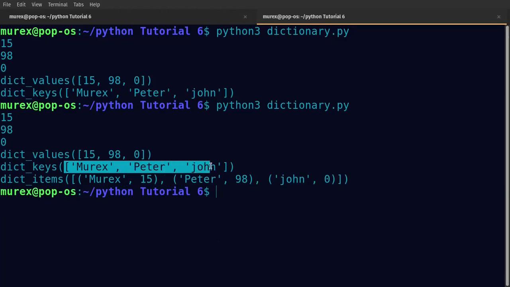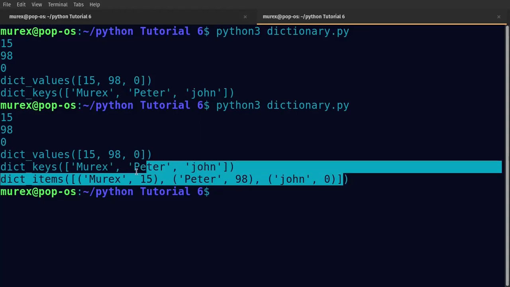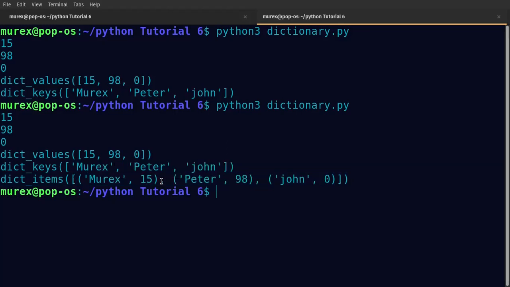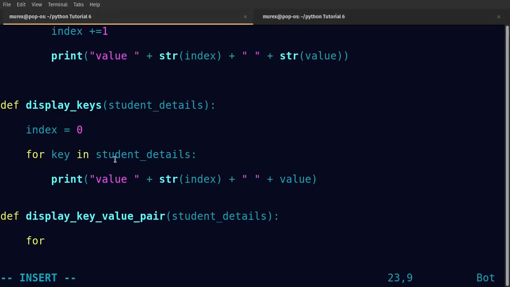Now you see that I have a list where each item has 2 values. So you can unpack that and assign them to temporary variables. So I can say for, and then I have a key, then a value. So this is me unpacking that